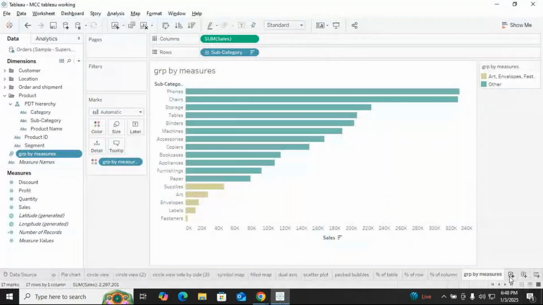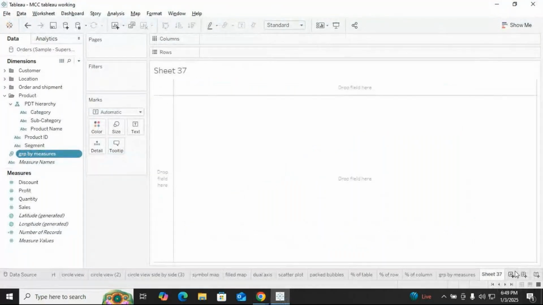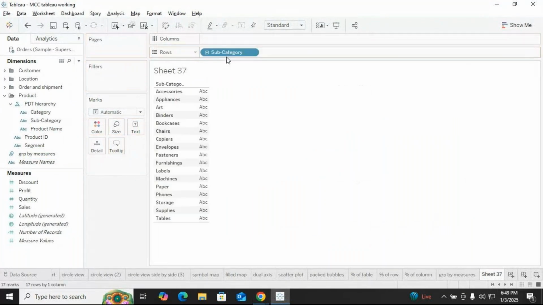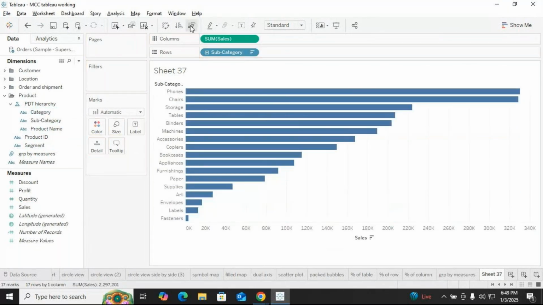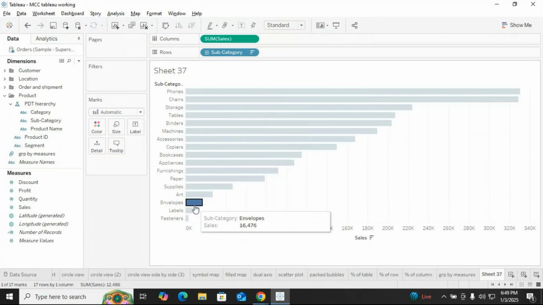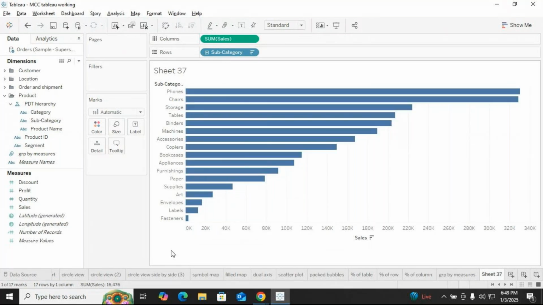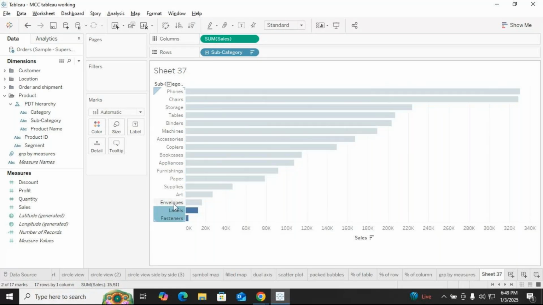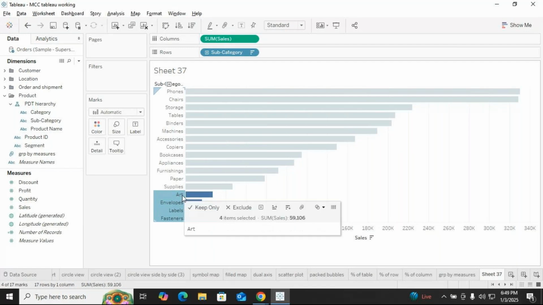Again, we are going to create a group itself. To avoid the confusion, I'm taking subcategory and then sales, and sorting in descending order of sales, from highest to the lowest. Now, in the previous one we selected bars. This time I'm not going to select bars. I'll hold Control and select these names: fasteners, labels, envelopes, art,